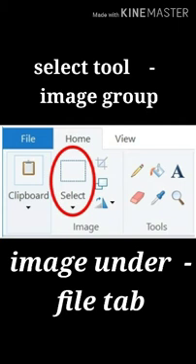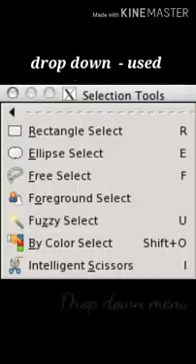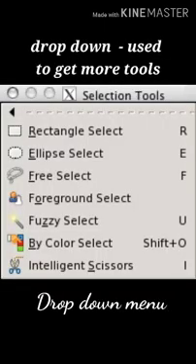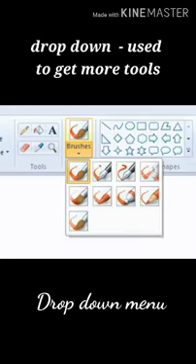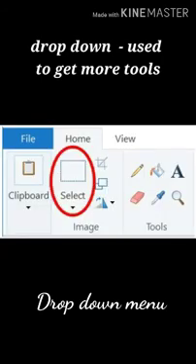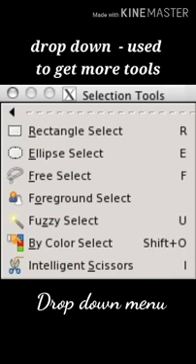One more thing, just look at this picture carefully. Some drop down arrows are presented near some tools. What are the uses of these arrows? When you click on drop down arrow, you can see a drop down menu. Some more tools are presented in the drop down menu. If you want to see some more extra tools, you can use this drop down arrow. Clear children? For example, if you click brushes drop down arrow, you can see some type of brushes. When you click select tool drop down arrow, you can see the types of selection.